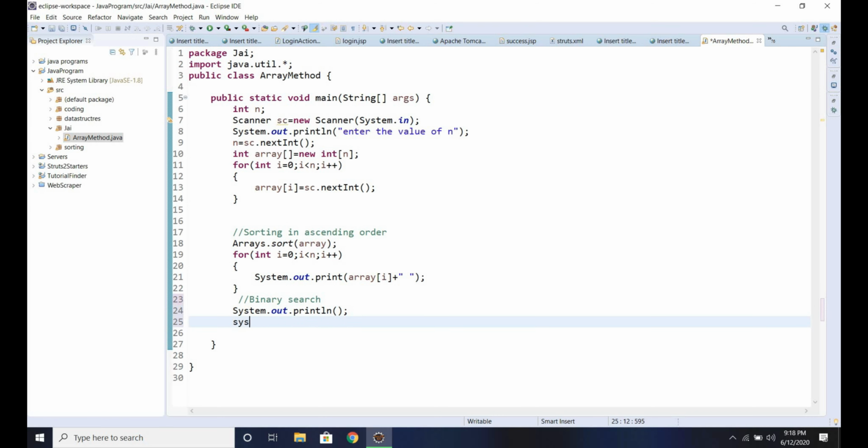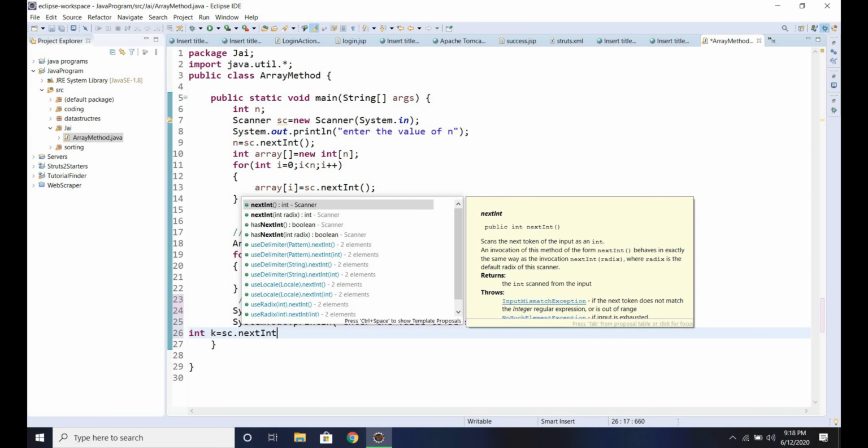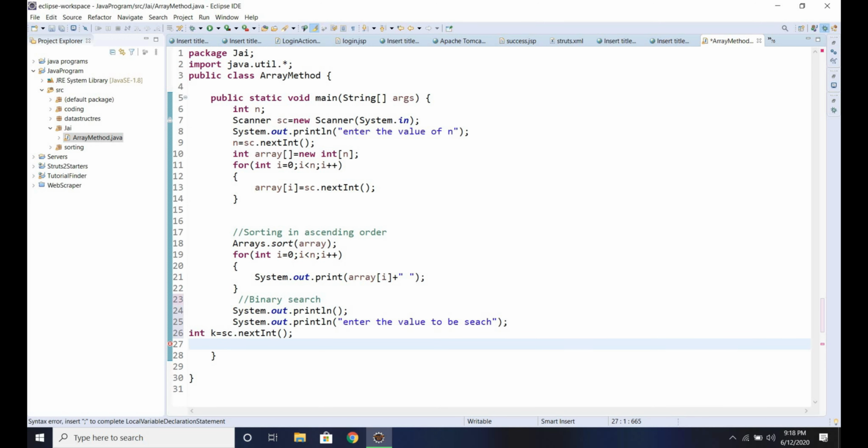So for that we will write a print statement: enter the value to be searched, and we will use one variable of integer data type for the value to be searched. Inside the print statement we need to write k found at index,